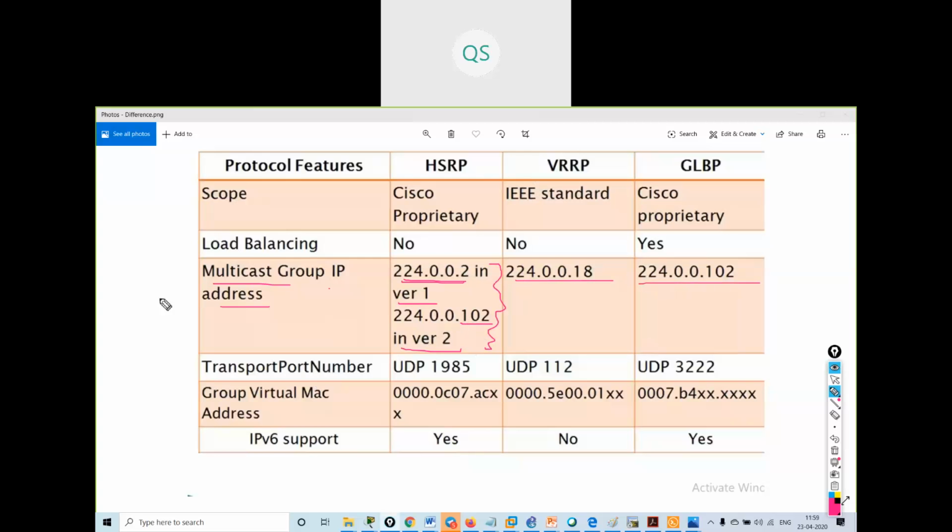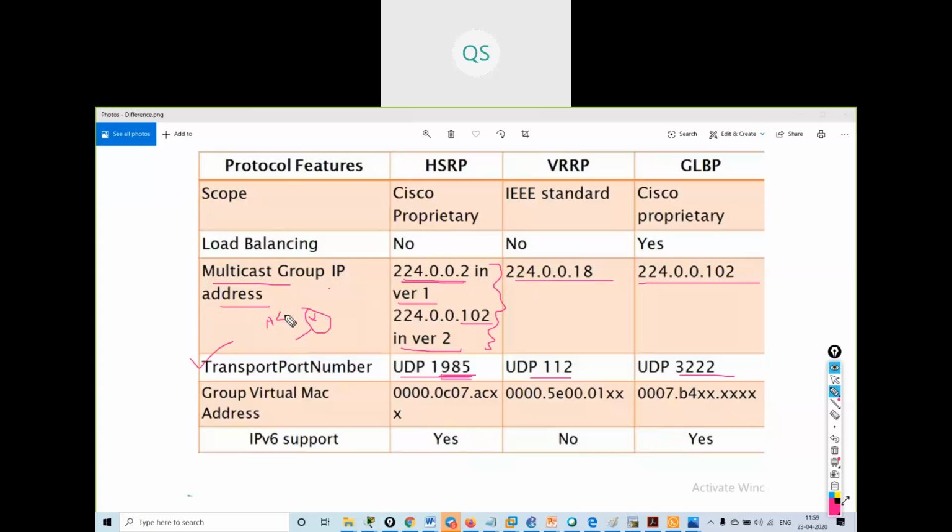Transport number means the UDP port number it uses. HSRP is using 1985. VRRP is using protocol 112. GLBP is using 3222. So suppose I have a router and I have configured an access list.